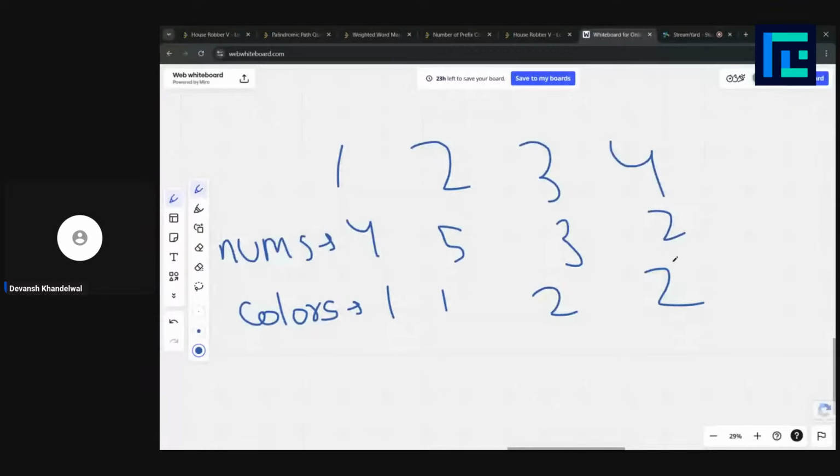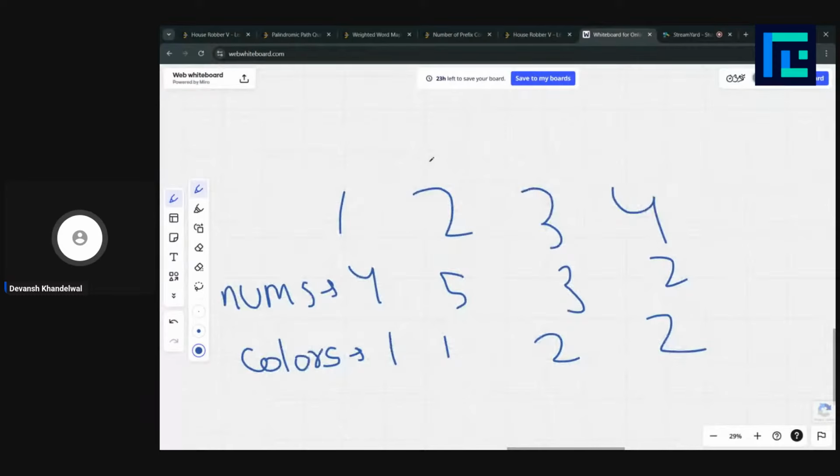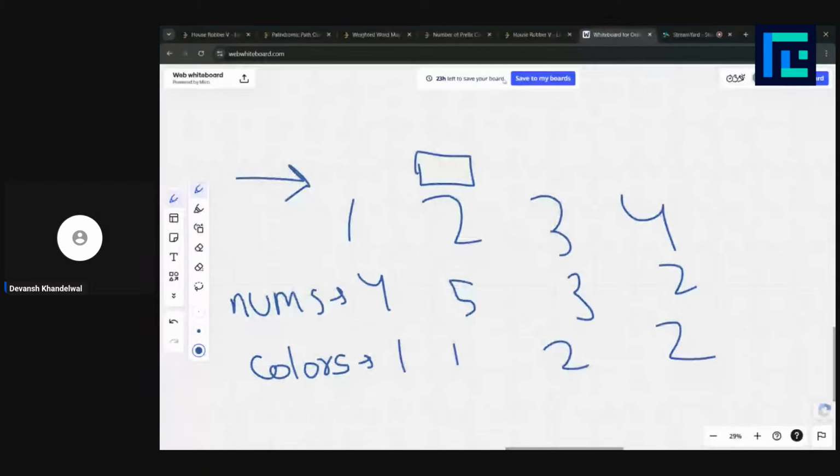Then there is one observation we have to make here. When are we going to decide? Let's say we are iterating from the last house, going in sequence. When are we going to decide whether to take this house or not? This is a pretty standard DP problem.